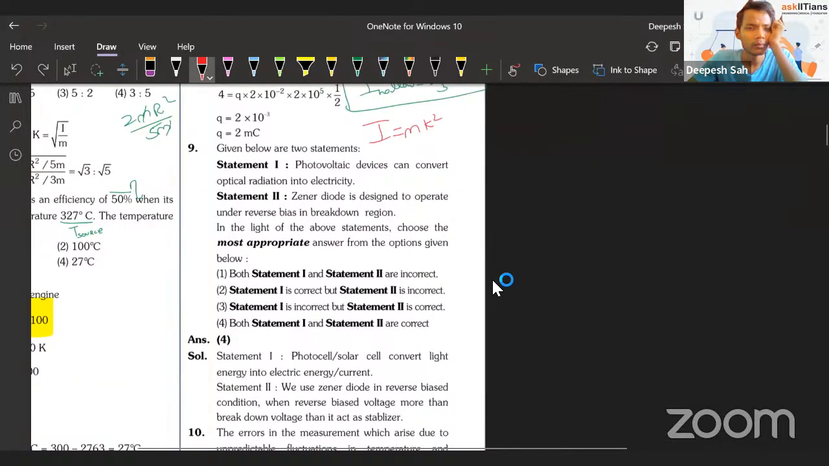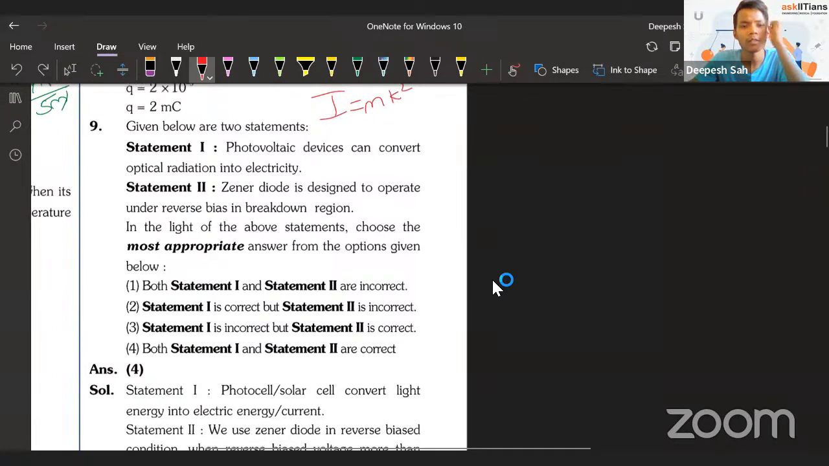Next is a reason assertion based question. Photovoltaic